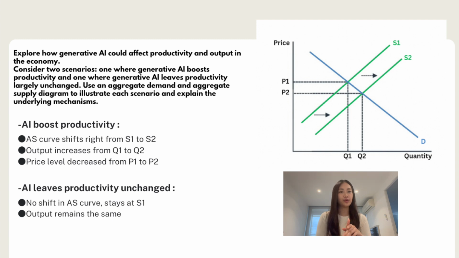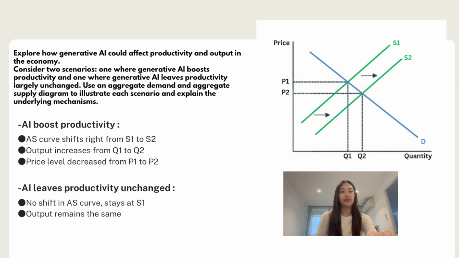Consider two scenarios, one where generative AI potentially boosts productivity, and one where generative AI leaves productivity largely unchanged. Use an aggregate demand and aggregate supply diagram to illustrate each scenario and explain the underlying mechanisms. So as seen from the graph,